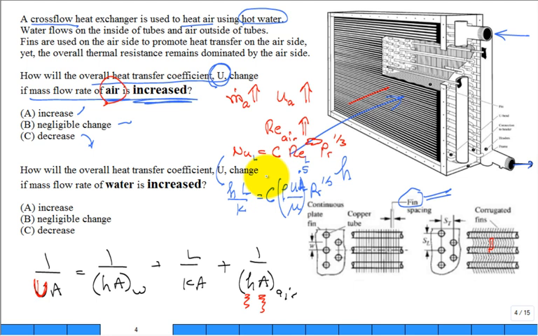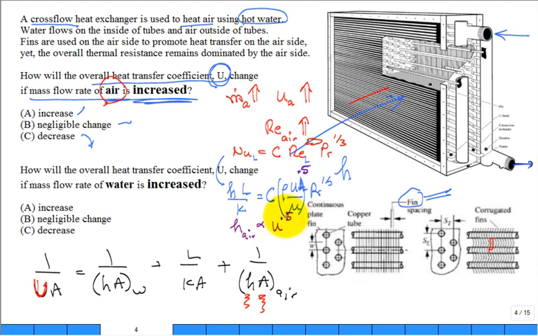Yeah, 0.8. So between 0.5 and 0.8, that's the vast majority of data correlations put it. So you can pick one, and let's just pick, for simplicity, 0.5. I'm not saying it's better than 0.8. I'm just saying it's in the vicinity, 0.5 or 0.8. So we can see that the convection coefficient on the air side is proportional to the speed to a power